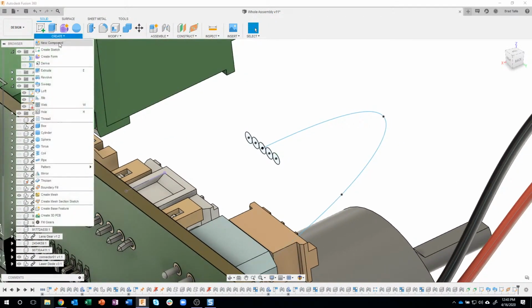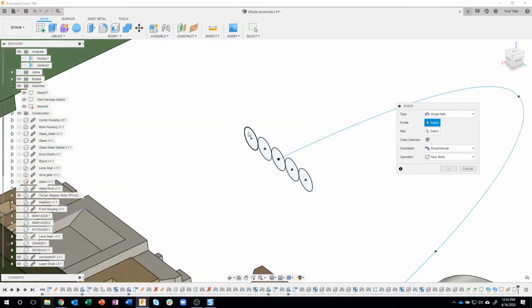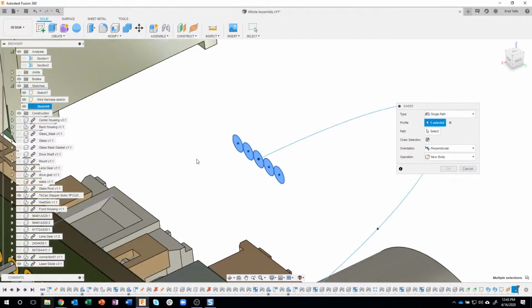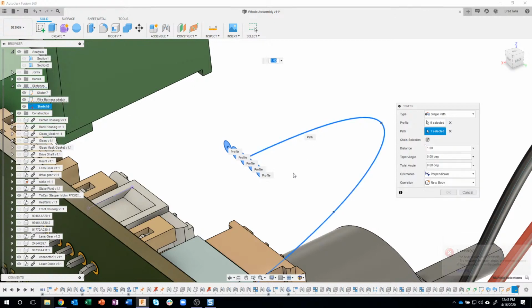We'll do the exact same command again. We'll say sweep. Let me zoom up a little bit. I'm going to grab these profiles. I could do them individually like so, or I could just draw a box around them and grab all of them at the same time. Kind of a quick way of doing that. What's the path? I'm going to go ahead and click on this, and hopefully it